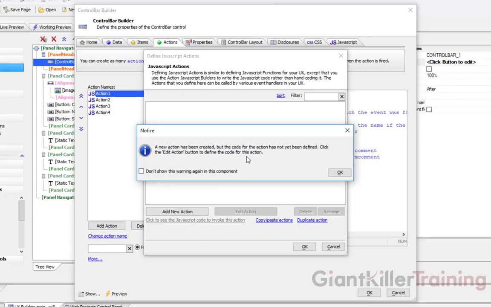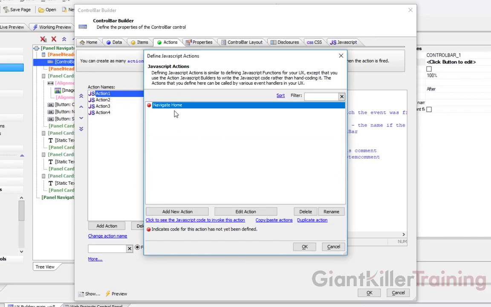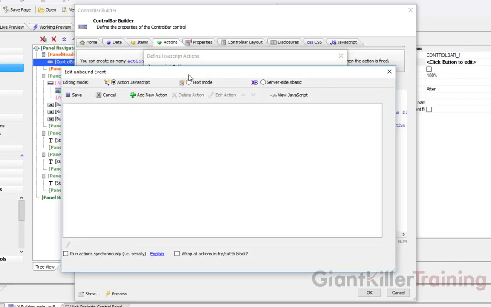It's an empty action, so it's telling us we need to go ahead and actually add some behavior to that action. So click OK. You'll notice now we have our new action JavaScript called Navigate Home. It's got a little red icon that says the action has not been defined. So now what we can do is click Edit Action. And we're now back to our edit event,